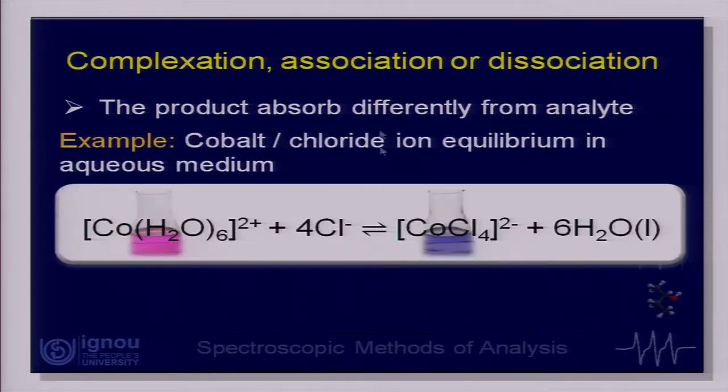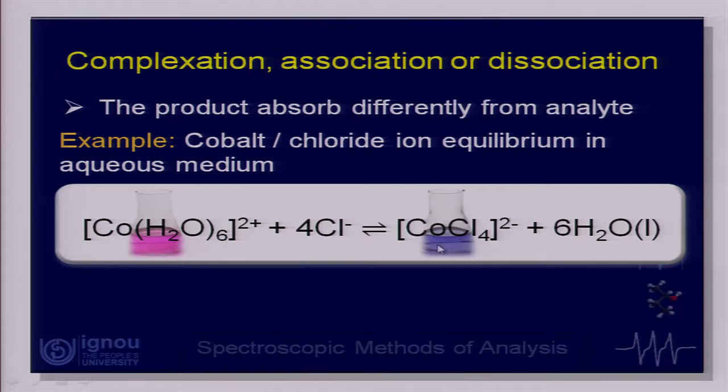Let us take this example. This is the cobalt chloride ion equilibrium in aqueous medium. If I take an aqueous solution of cobalt ions, the cobalt ions will be in hexaaqua form. So, this is a pink colored solution. But if to this solution I add chloride ions, these chloride ions get into a complex formation with the cobalt, and the water molecules are thrown out. What you get is the following species, a complex ion, which happens to have a blue